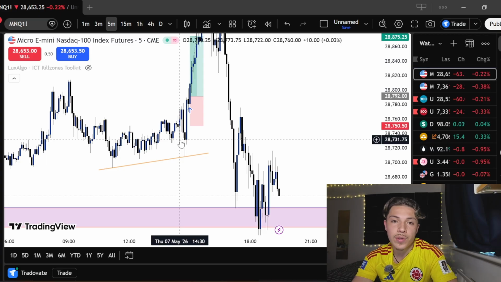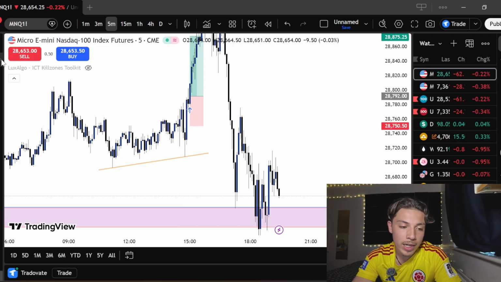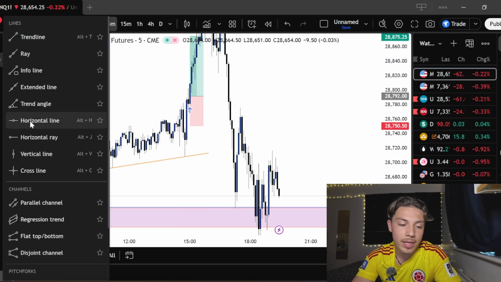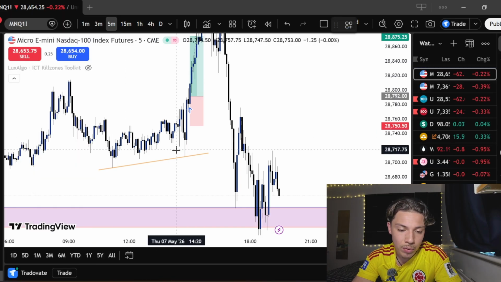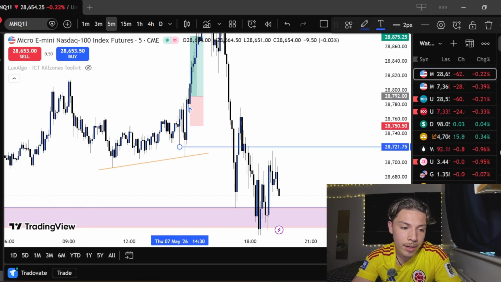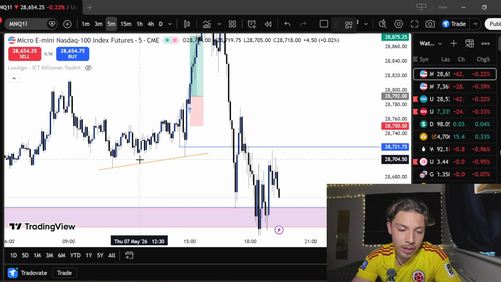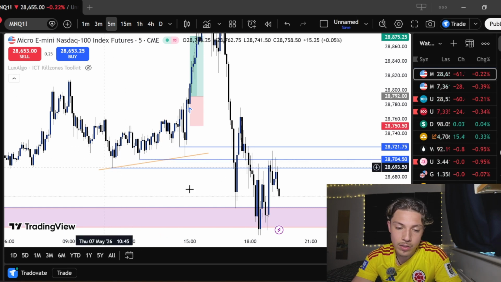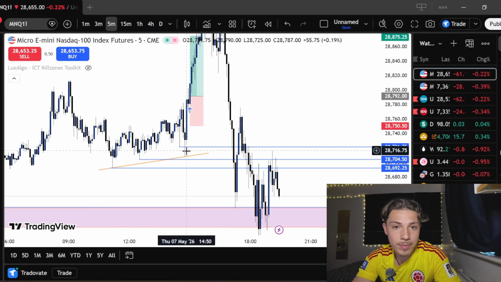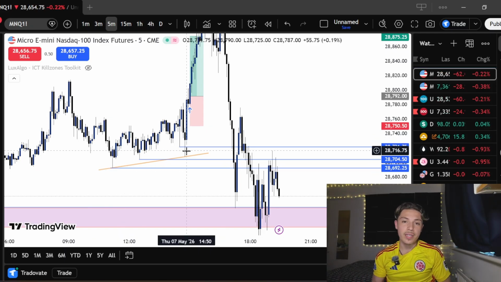Now, what I always like to do at market open is I will mark out in pre-market my 5-minute lows. You can see that we have a low right here. You can see that we have a low right here. And you can see that we have a low right here. What I'm waiting to see is these lows getting swept out, because we need to gather liquidity if we want